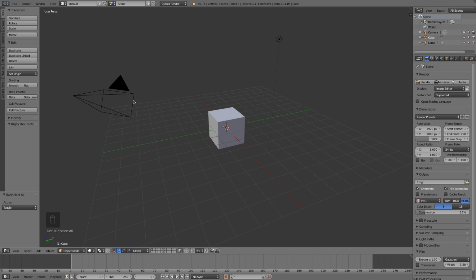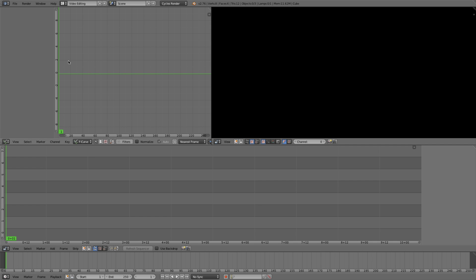First of all, we're going to do some fancy editing inside the video sequence editor. So let's come up here to video editing. If you've never used Blender's video editor before, it has a very capable video editor. For instance, you just have your timeline here. This is the graph editor where you can animate things like transitions and use it for anything that's animated or keyframed. And this is your display. So pretty simple, and this isn't going to be a